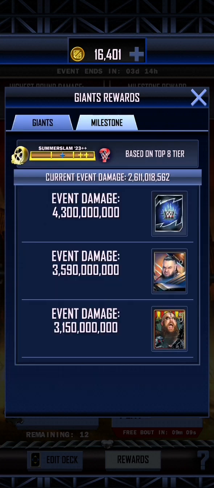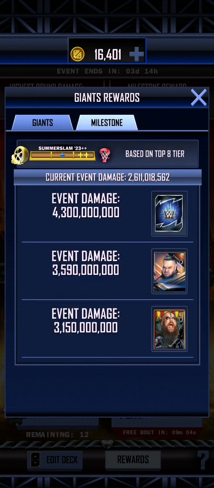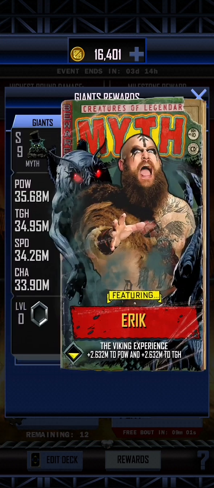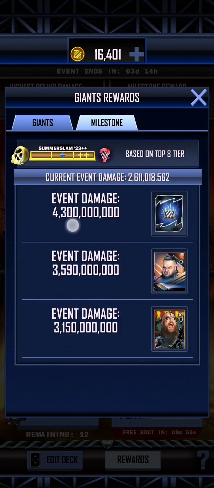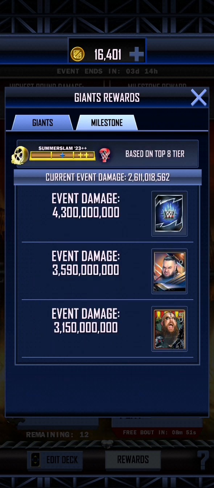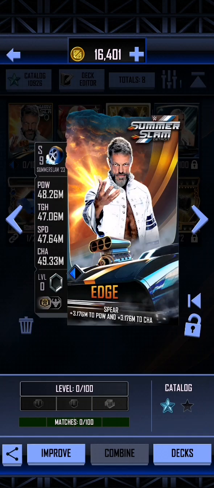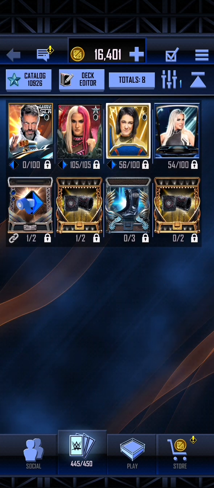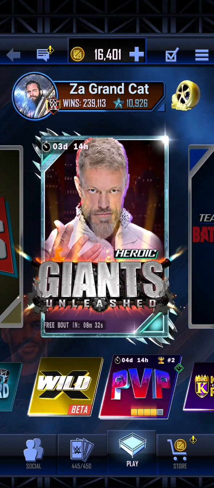And let's see the rewards for the heroic side. At 31.5 million, or 3.15 billion, you get Eric. At 3.59 billion, you get Bronson Reed. And at 4.3 billion, you are going to get yourselves the heroic upgrade. And we're already well past that halfway point, and we have 3 days and 14 hours left to go. So, very cool indeed. We're going to lock down that edge, and I am going to see if I can